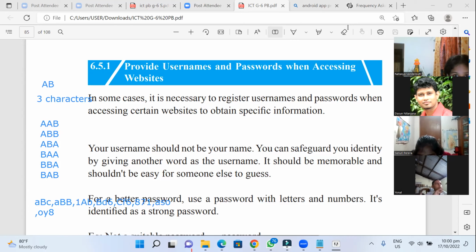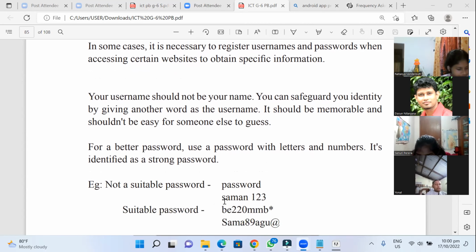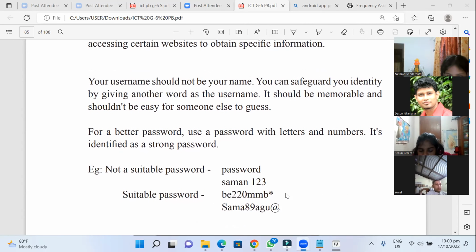Then is it easy to guess the password? When the number of characters is high, is it easy to guess or difficult to guess? Difficult to guess. So can you understand why a better password should have letters, numbers, and symbols, everything? Then it is harder to guess. Why should a better password have 8 characters? Then also it is very hard to guess.